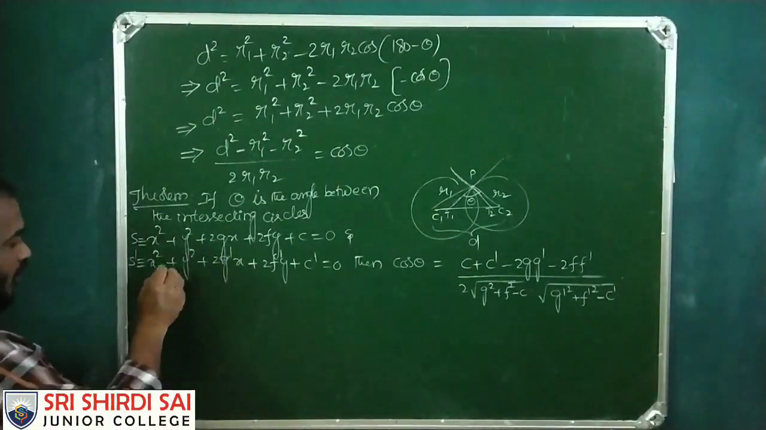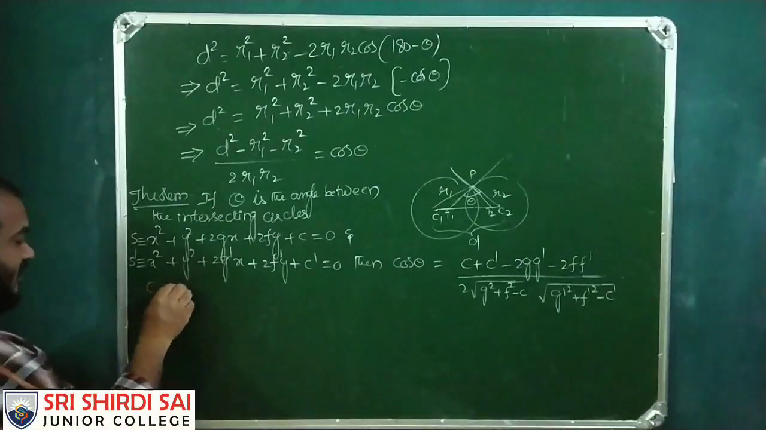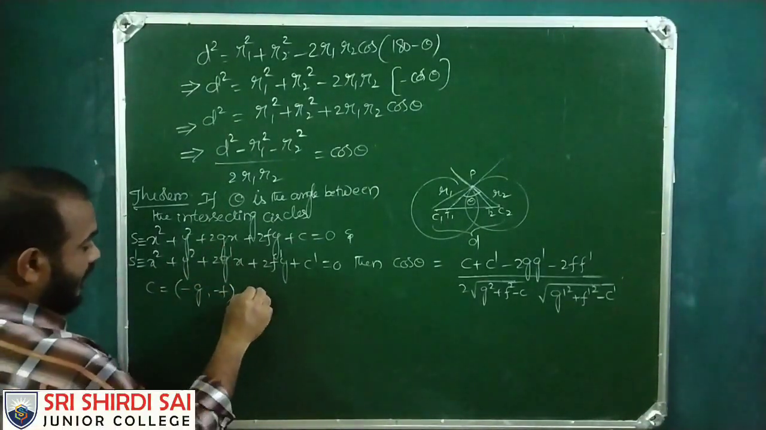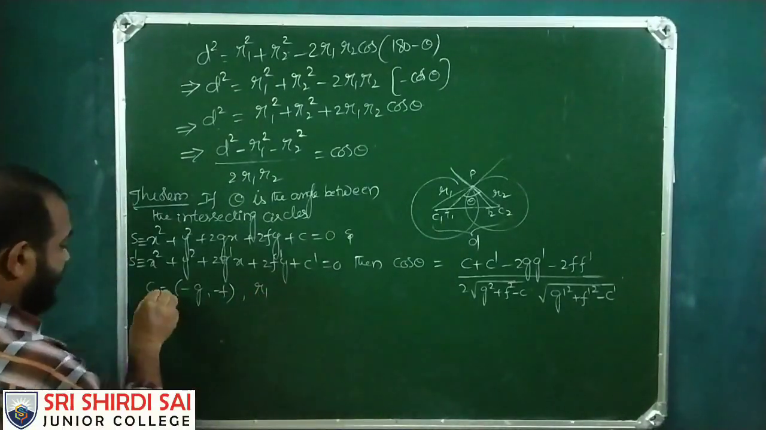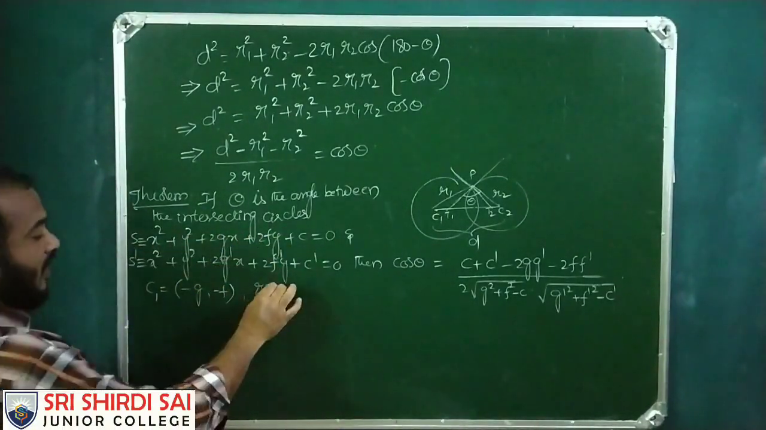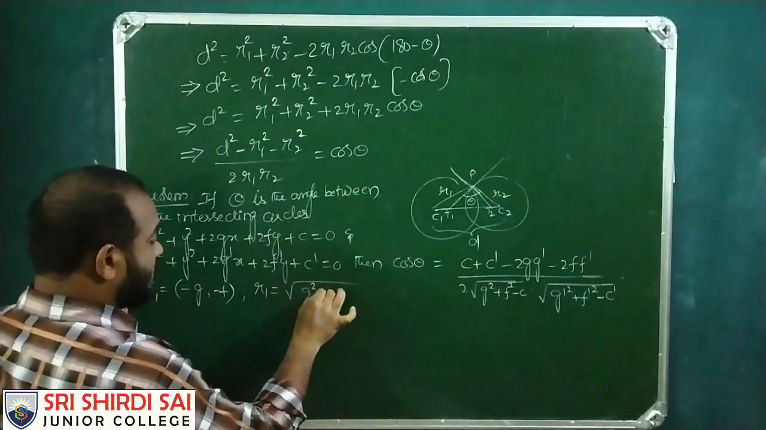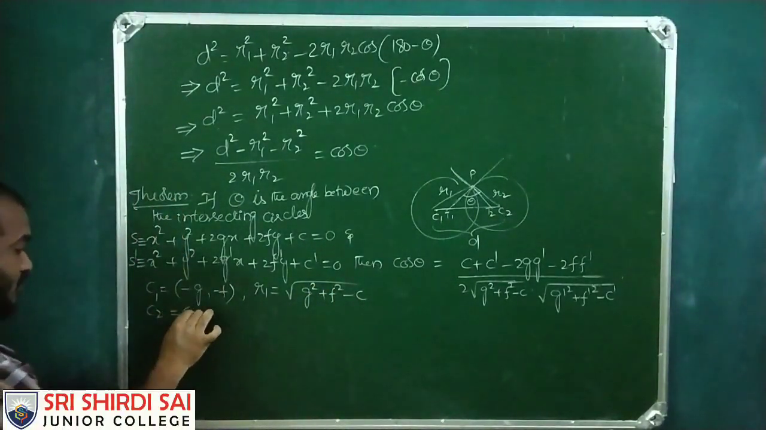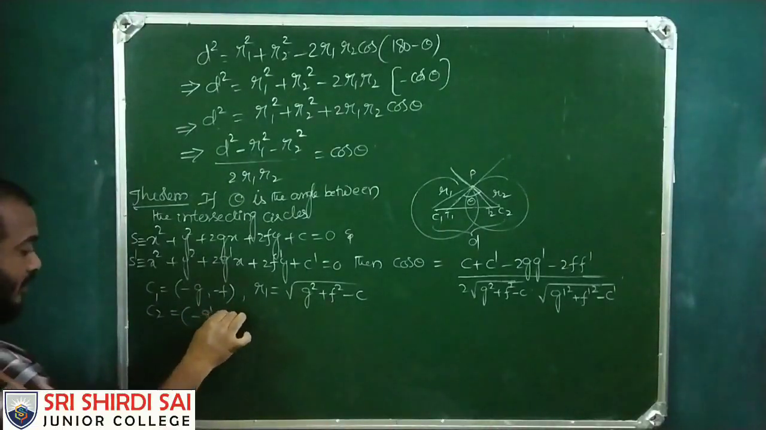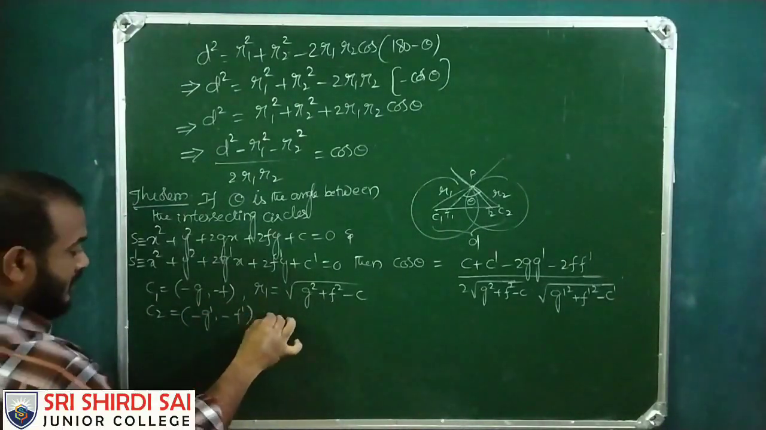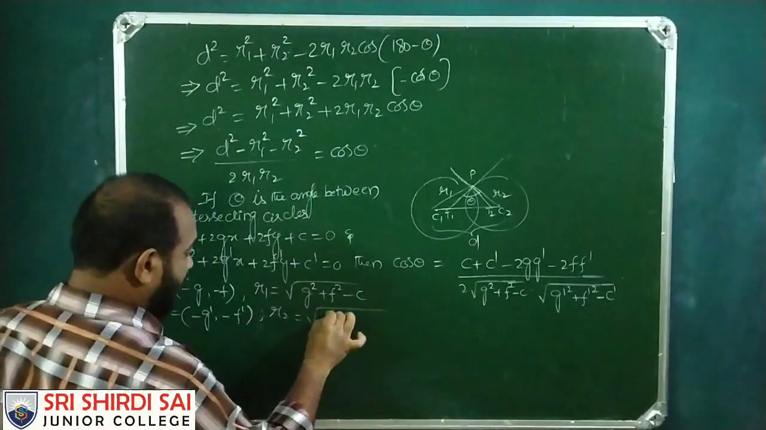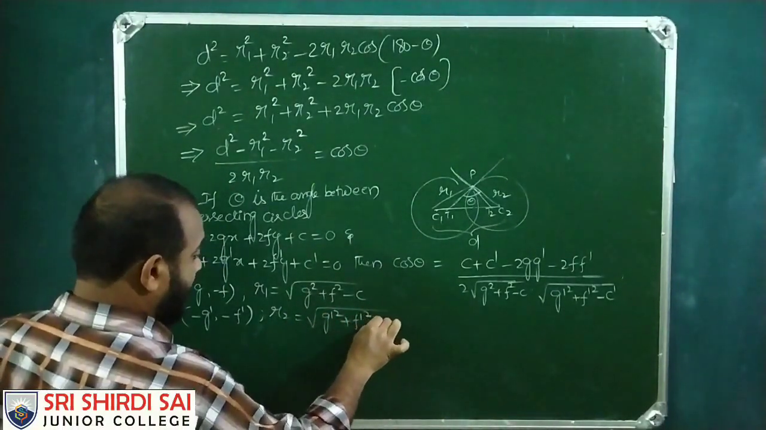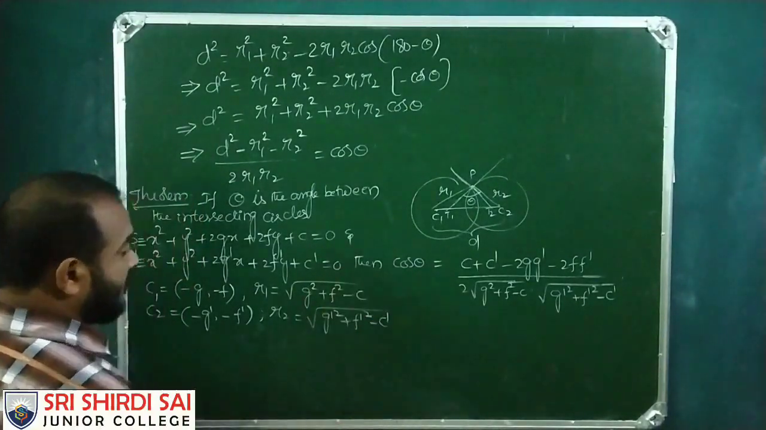Here the center of the first circle C1 is (-g, -f) and radius r1, where C1 is the center of the first circle and r1 equals the square root of g square plus f square minus c. C2 is (-g dash, -f dash), and r2 is equal to the square root of g dash square plus f dash square minus c dash. Now